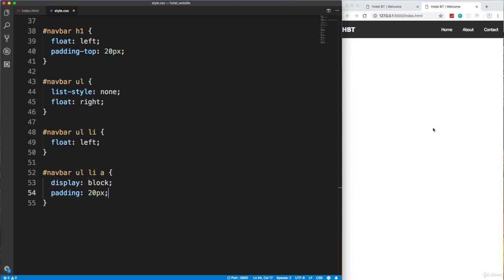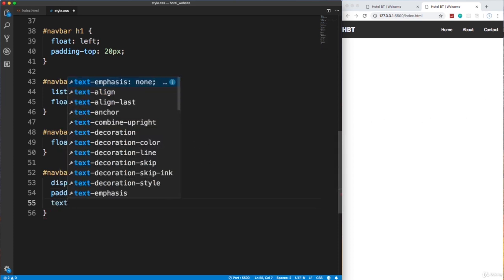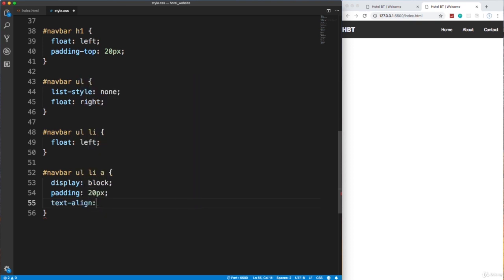We got 20 pixels all around. Let's make sure they're aligned centered, so we'll say text-align center. And what else do we want to do? I think that's it. Now I do want to have a hover state. Right now if I hover over them, nothing happens. So what we can do is take this